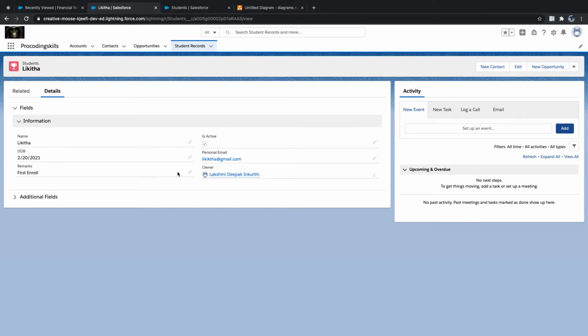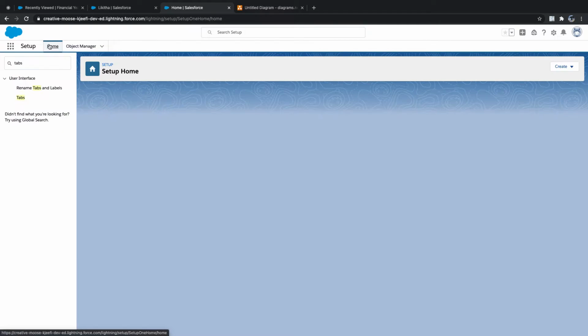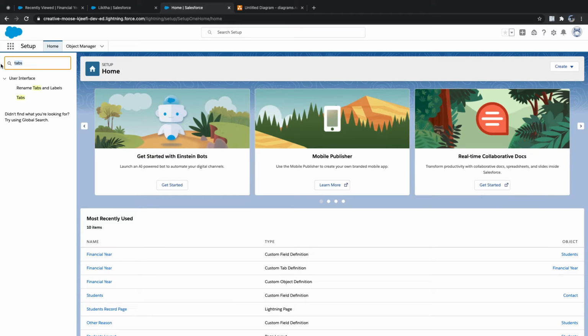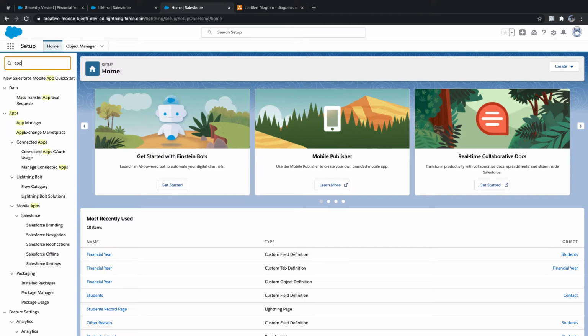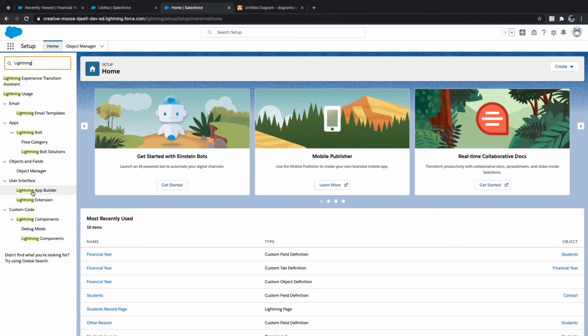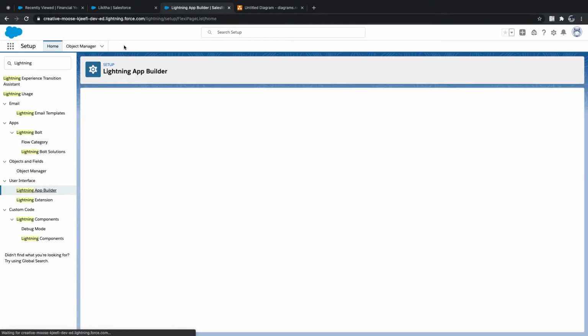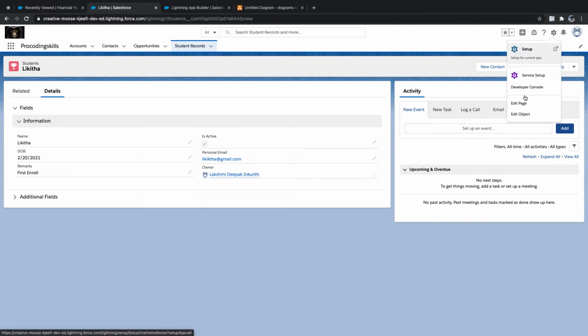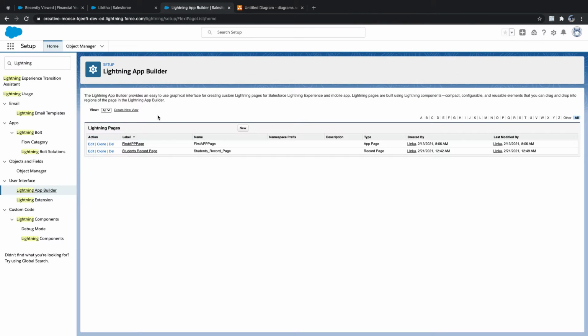And I'll edit my... Oh, here's another thing: this is a dynamic page. So you can either edit from here, or you can go home and search for App Builder, Lightning App Builder. There is a concept called Lightning App Builder. Either you can click the setting symbol and then Edit Page, but if you want standard navigation, you can see Student Record Page. You see a page name called Student Record Page, click edit it in the Lightning App Builder.